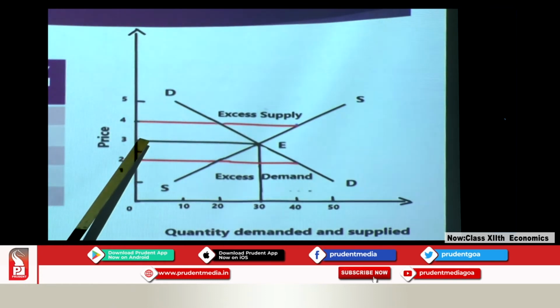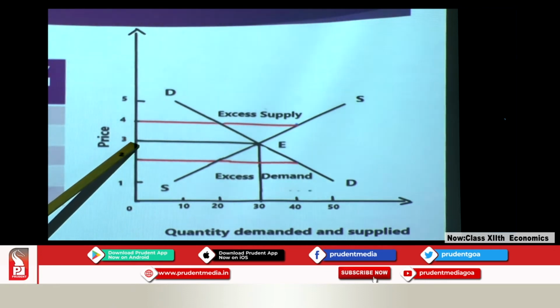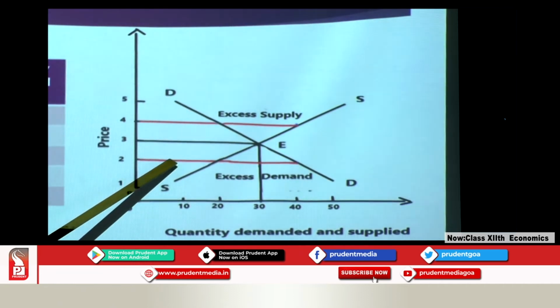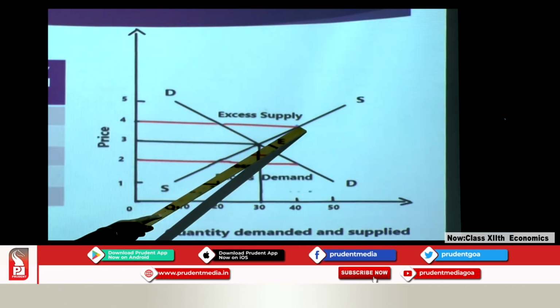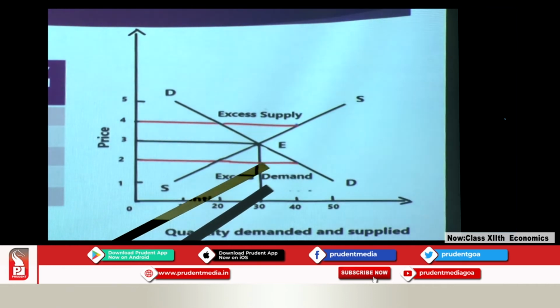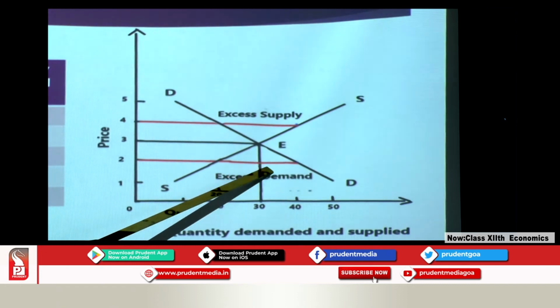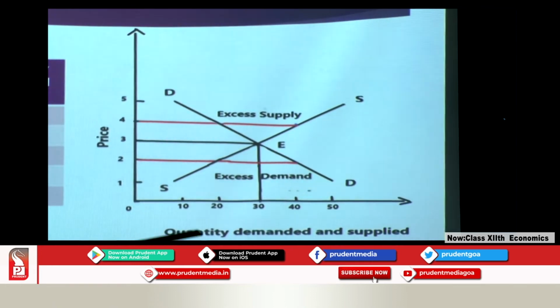Okay, so whenever there are fluctuations or movements away from the equilibrium price, whether the price is higher or whether the price is lower, there is either competition among the suppliers or there is competition among the consumers which pushes the price down or it pushes the price up, so that again the price settles at an equilibrium price E. So, in the diagram we find that